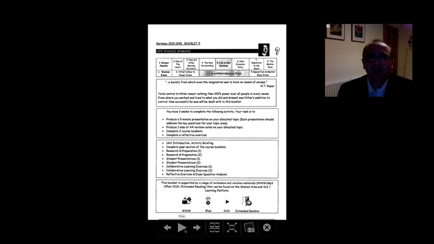Now this brings us back to the start of the booklet. It's my intention that the students will now be tested not only on their own knowledge of their own section of the course, but they will also need to be tested on how well they have learnt about the other sections of this course of life in Germany.